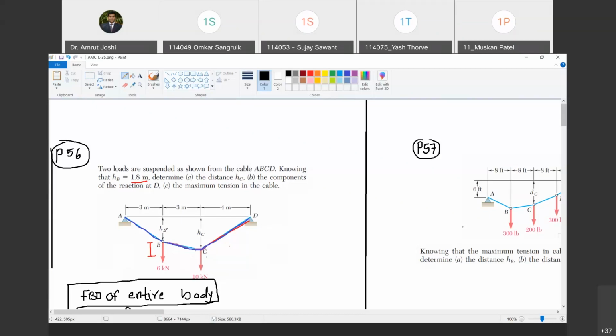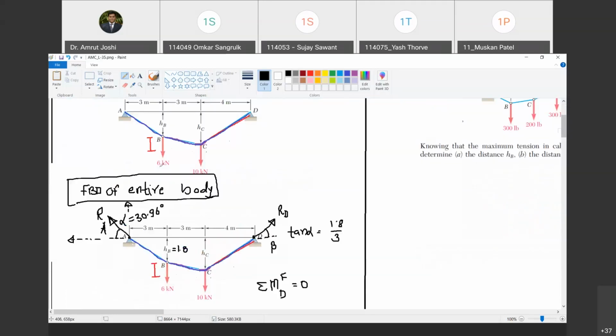So now what has to be done? Look, where the position of a point in the deformed configuration of a cable is known, there you give a cut. So that cut will separate the cable into two parts. Are you with me? Yes, sir. Select any one of the parts and draw its free body diagram. I'm going to give the cut at B, and I'm going to select the left hand side part.